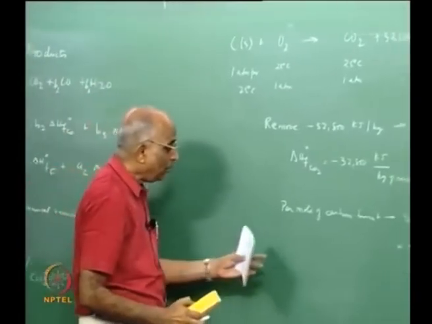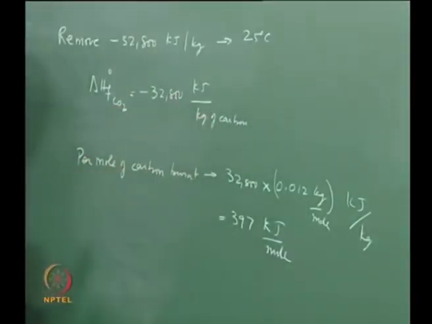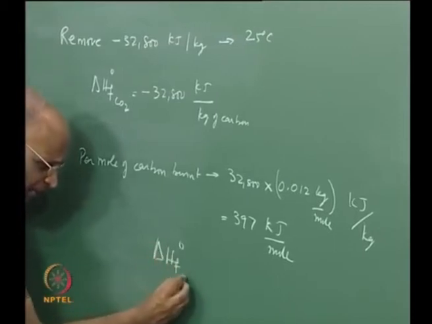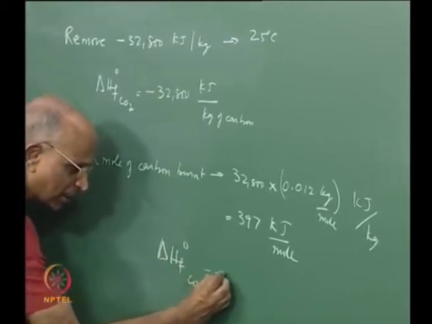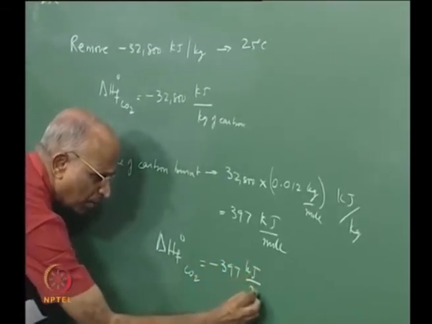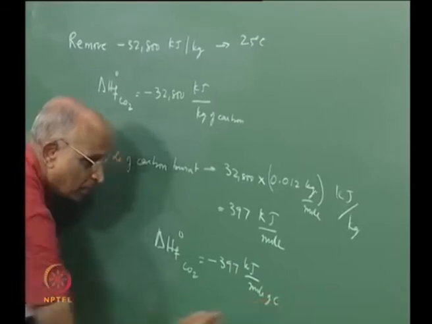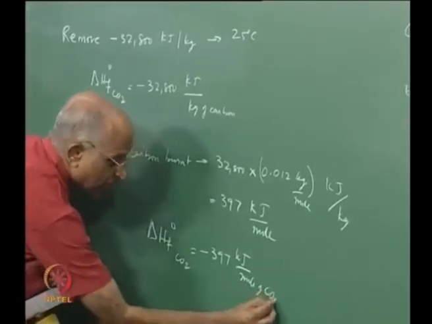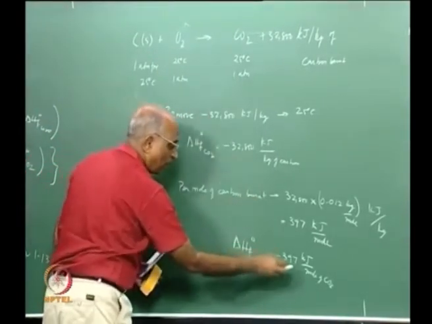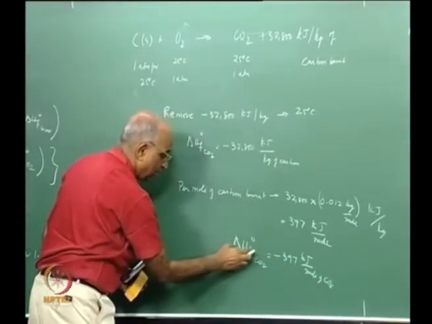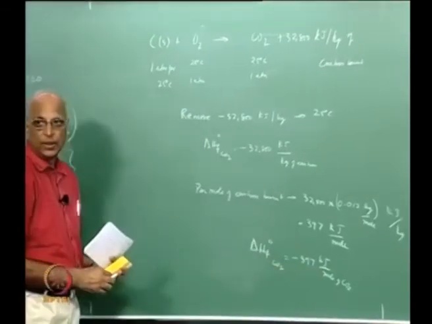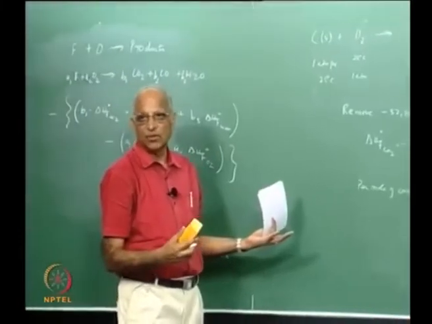And what is it I have to do? I have to remove the heat, and therefore I say that the heat of formation at standard state of CO2 is equal to something like minus 397 kilojoule per mole of carbon, or per mole of carbon dioxide, because 1 mole of carbon gives me 1 mole of carbon dioxide. Therefore, per mole of carbon dioxide the heat of formation of carbon dioxide is minus 397 kilojoule per mole, and